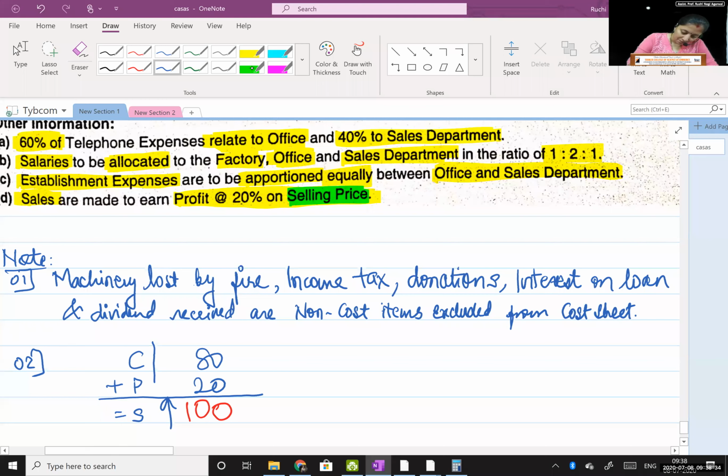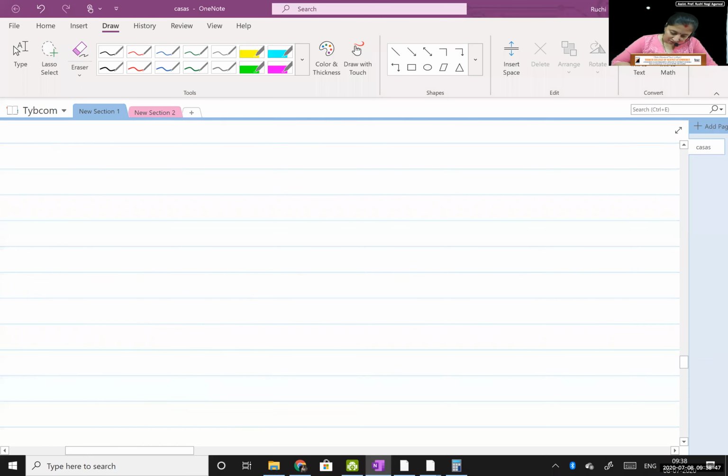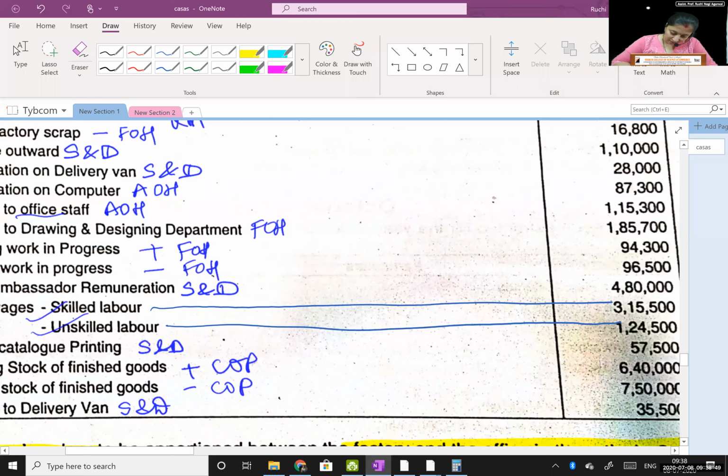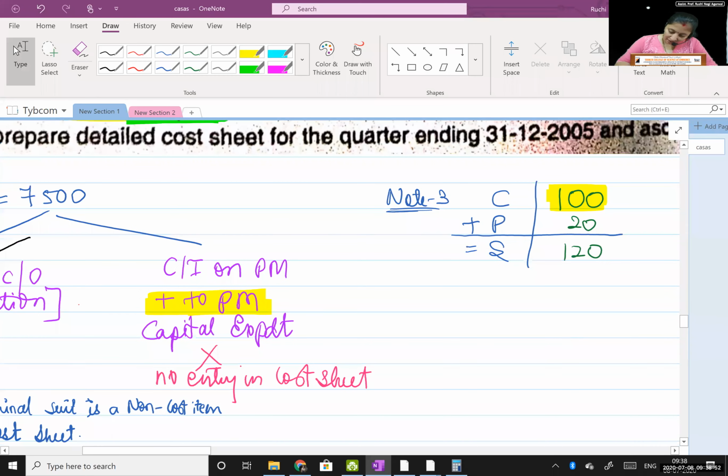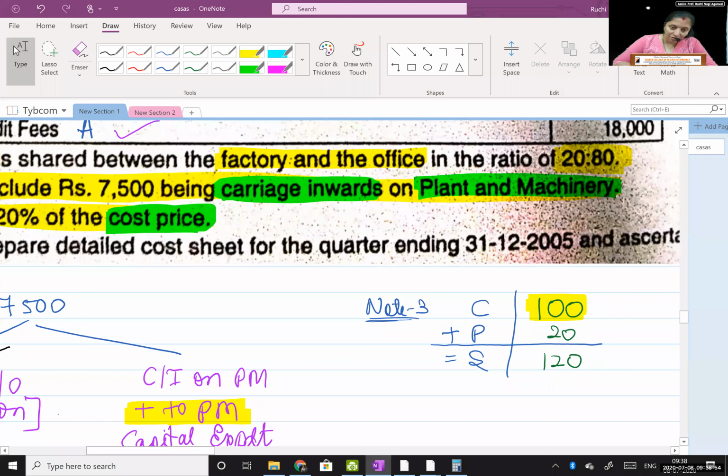Okay. Base is 100, I mean your selling price. See, I'll relate this to the previous sum, what we had done. There, cost price was the base, so base is 100. Understood about this? Clear about the concept? C plus P equal to S. Here cost was the base, so cost is 100, profit is 20. You'll add, 120.